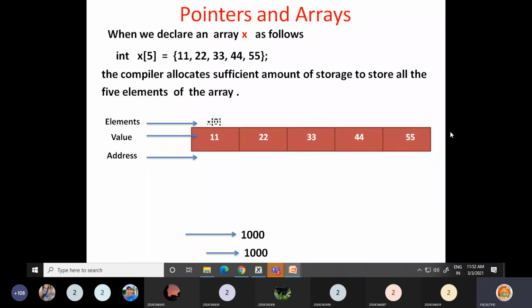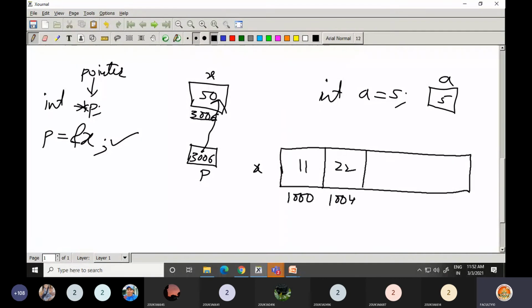And when you say address of 11 is 1000, it indicates that for this 11, what are the 4 bytes allocated? 1000, 1001, 1002, 1003. So these 4 bytes are allocated for this first element 11.